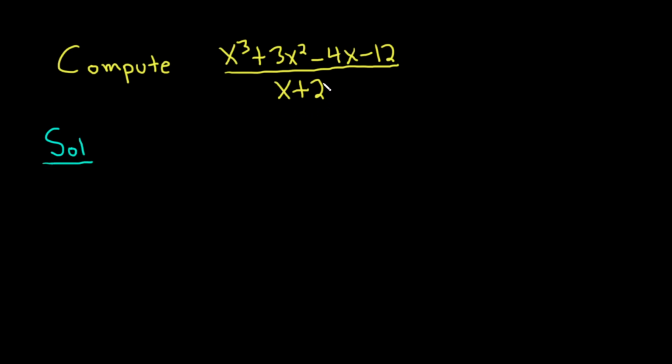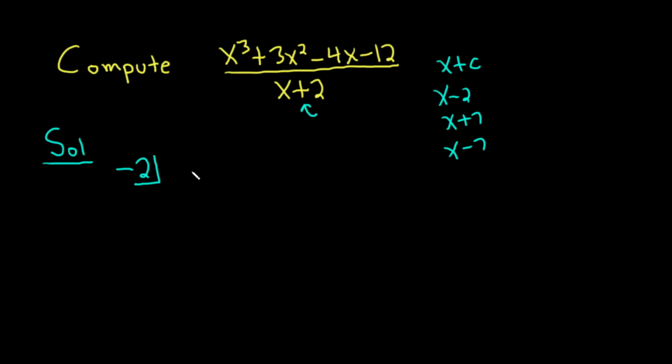First thing you want to do with synthetic division is realize it only works when the divisor looks like x plus 2, or x minus 2, or x plus 7, or x minus 7. It has to have this form, x plus c. If it looks like x plus c, then you can use what's called synthetic division. So the first step is to switch the sign here. There's a plus 2, so you want to make it a minus 2, and you draw this funny little